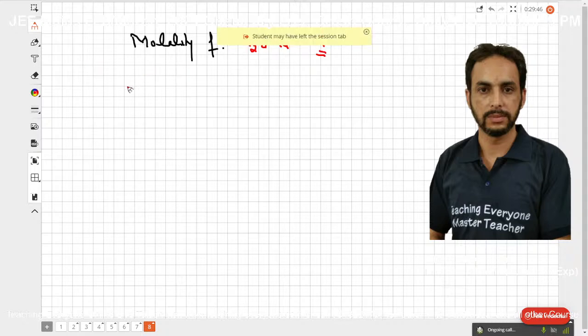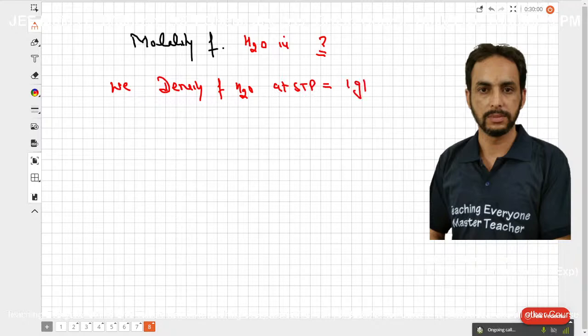So nothing is given. So we know the density of water at STP is equal to 1 gram per ml. So if the total volume of solution or total weight of solution is equal to 1000 gram,